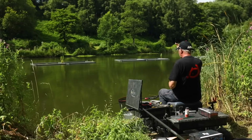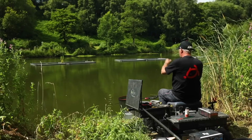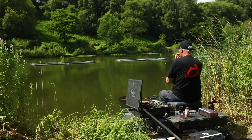You know, sometimes, not so much with F1s and carp, but certainly with silverfish, it's better to drop through that depth and they intercept it, and you get it on the way down. Let's just see what happens. But,